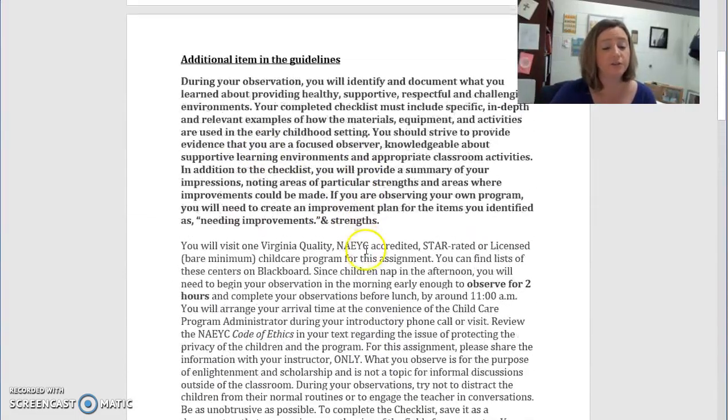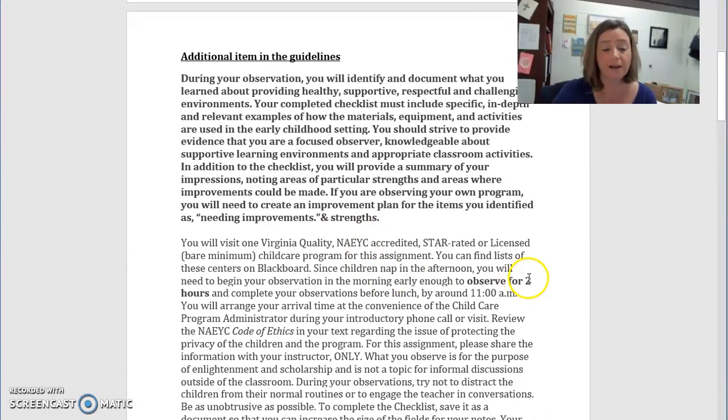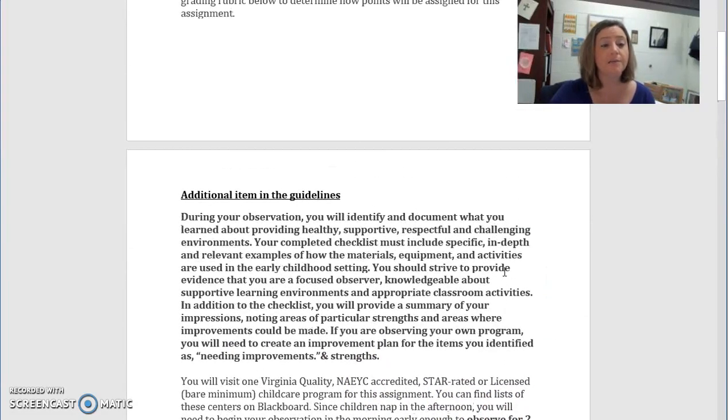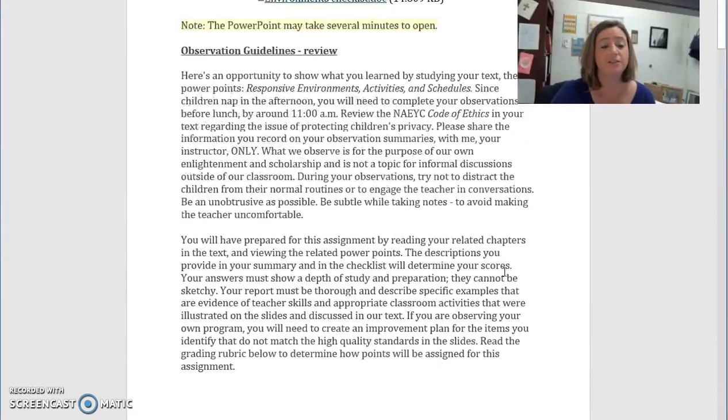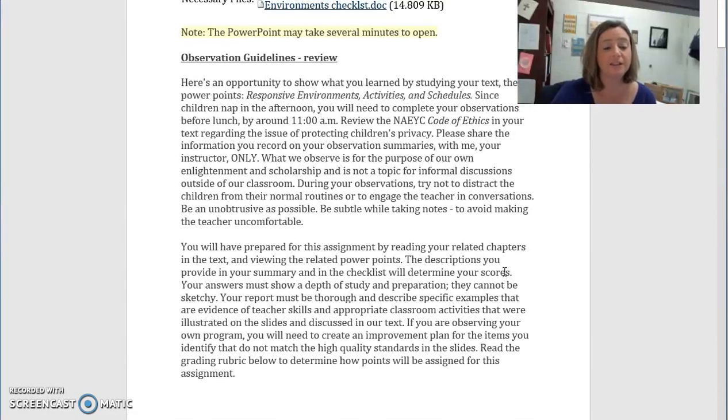But here's just a few things to know. Again, 2 hours, try and get in before lunchtime. Make sure that the center is considered high quality. But basically what you're going to be looking at is the classroom environment. There is one question about the playground, but I'm not asking you to spend a lot of time out on